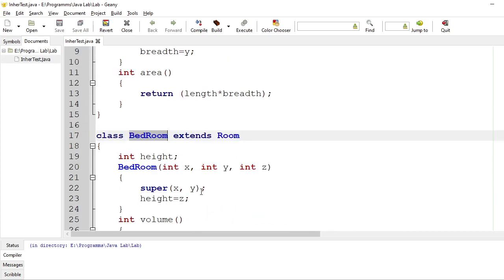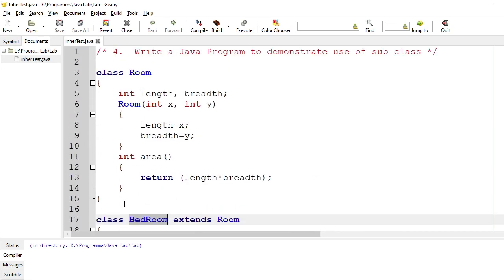Now, first I will explain the room class. It's a very simple class which has two instance variables, length and breadth. I have to calculate the area of the room, so I need length and breadth as the data.